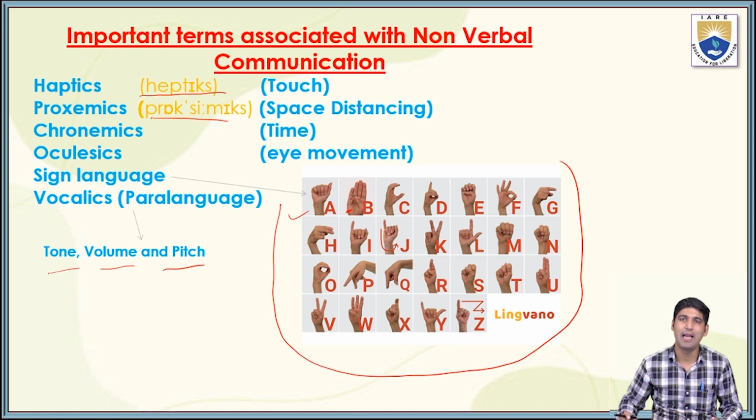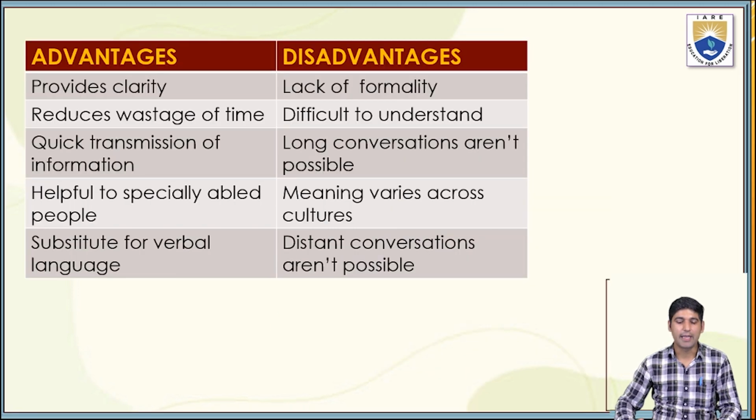So this vocalics or paralanguage talks about tone, volume, and pitch. This also comes under the rubric of non-verbal communication. Again, we have advantages and disadvantages. Among the advantages, it provides clarity, it reduces wastage of time, there's